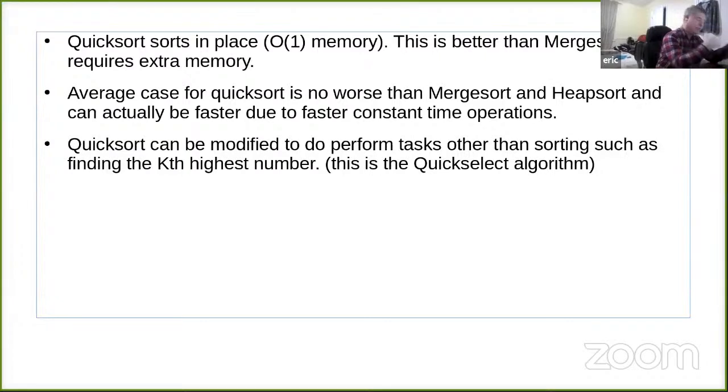And also, and this is why I became interested in it, quicksort can be modified to do other things, which is what I saw in that LeetCode question. In that LeetCode question, what they wanted me to do is to say what the kth highest element is. So they might say, what's the 3rd highest element, or what's the 5th highest element, which is not that easy to do. One way of doing it would be to sort all of the elements and then just go to the kth position and pick that one. But instead of doing that, you can use quicksort